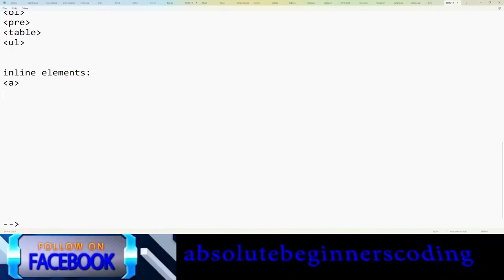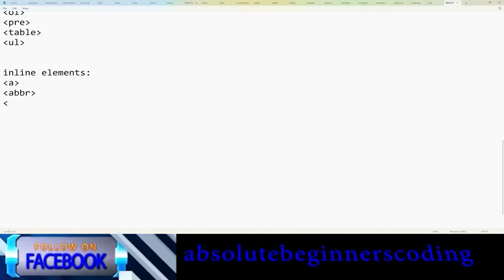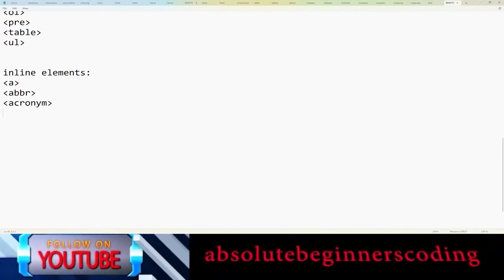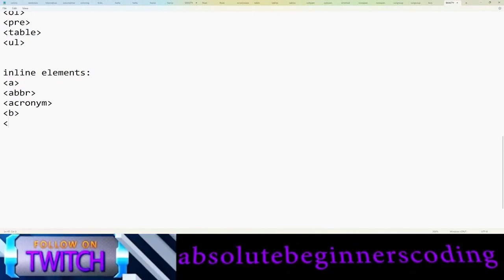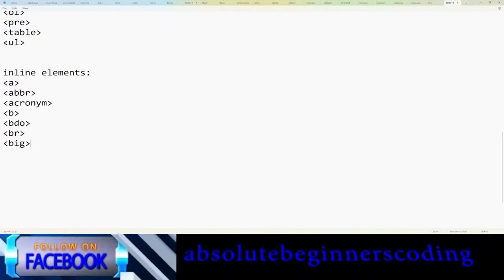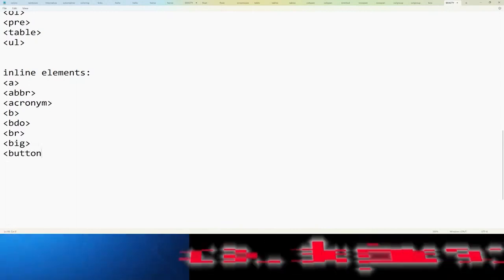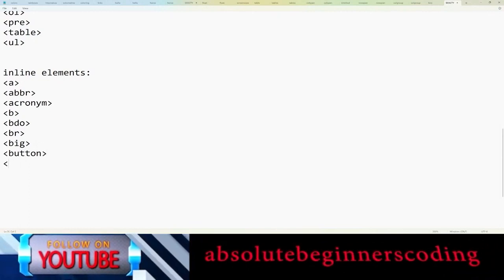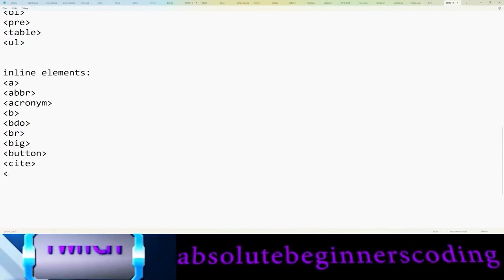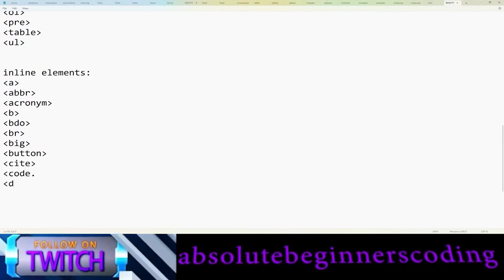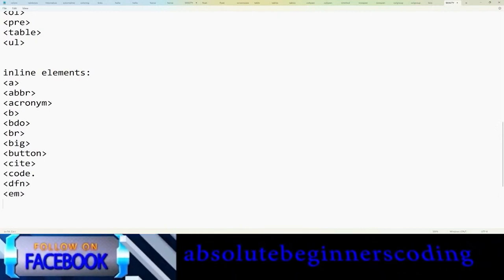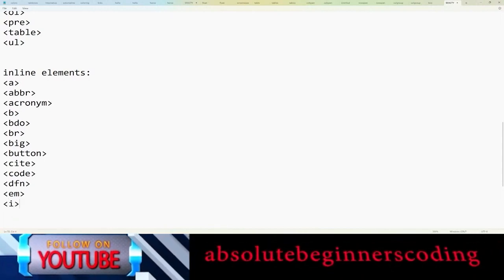Let's say abbr, acronym, b and bdo, br, big, button, and cite, and code, then dfn, then em for emphasis, then i for italic, know that, input,